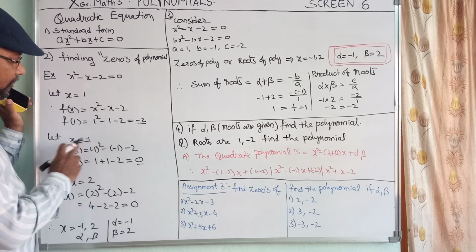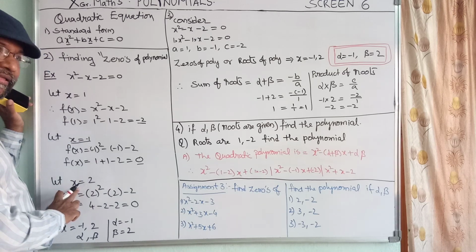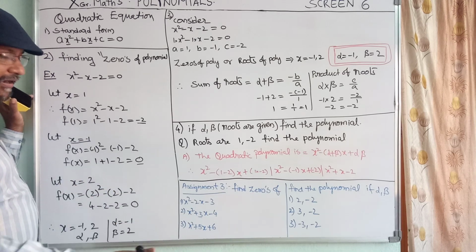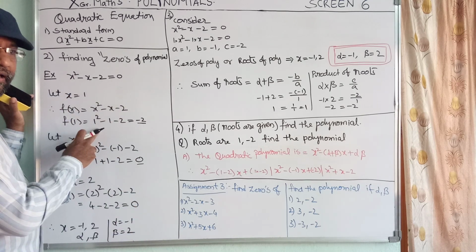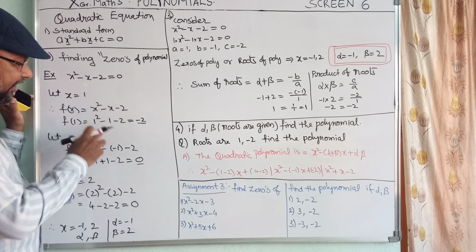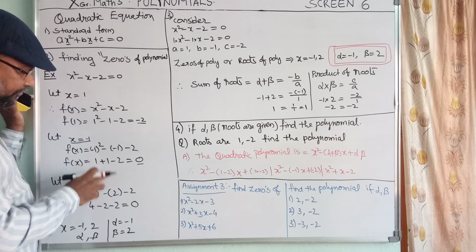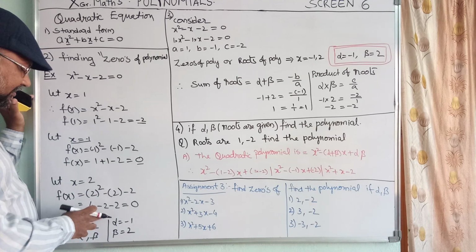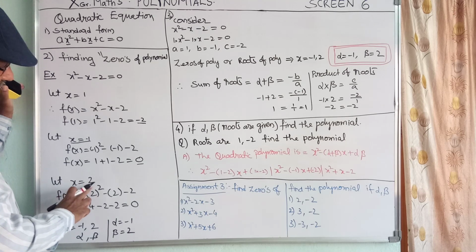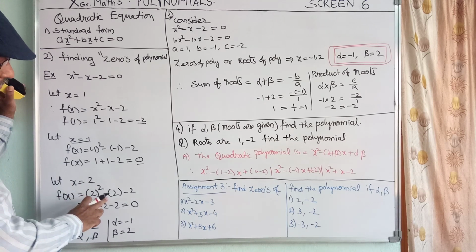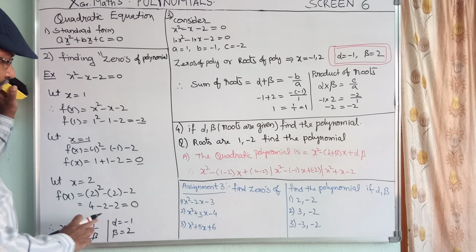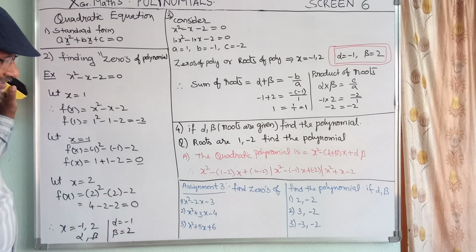Now we found one number, and we find another by trial and error. Trial and error means I tried one and it was an error, and then I went for another. Now for the third case, let x equal 2. Function of x: 2² − 2 − 2. We got 0 after adding all those things.